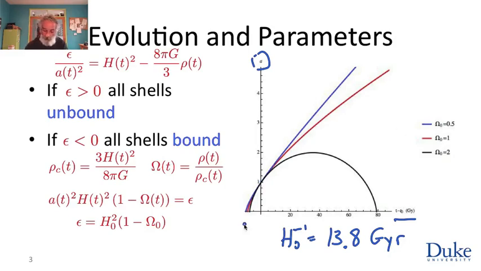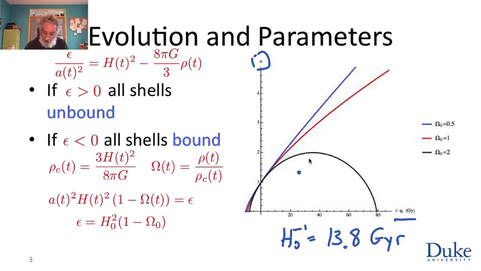The blue line corresponds to a universe with omega less than 1, the red line to a universe with omega equals 1, and the black line to a universe with omega bigger than 1. As we see, in the case that omega is bigger than 1, the density is bigger than the critical density. All the shells are bound, the expansion will stop, and in a finite time, here about 70 billion years in the future, the universe will crunch down. Now,